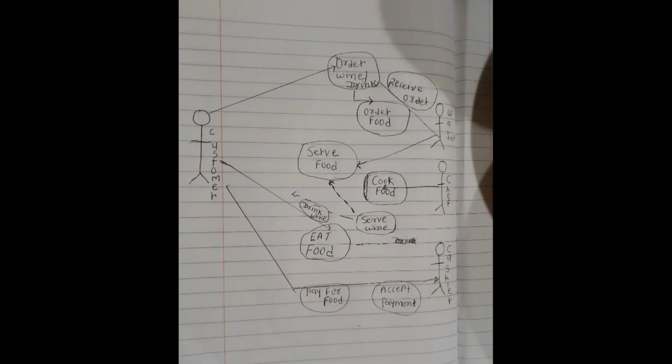Sure, ma'am. Let me give you a couple of suggestions. The scope, that rectangular box, is needed. There's a bit of a sequence contradiction with serve food before cook food, because we normally go from top to bottom, right? Oh yes, so cook food should come first, and then serve food should come below that. You're right, I'm sorry. No problem, this is how we learn, right? Please don't feel bad.